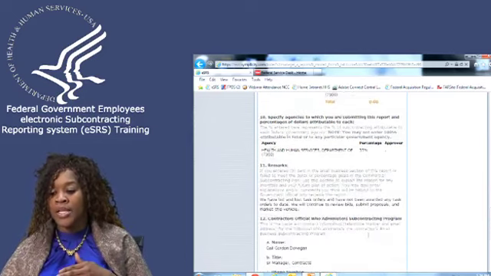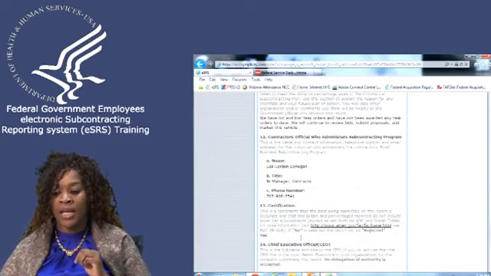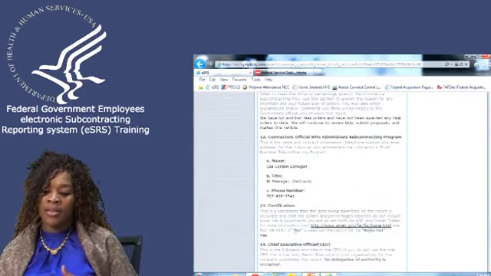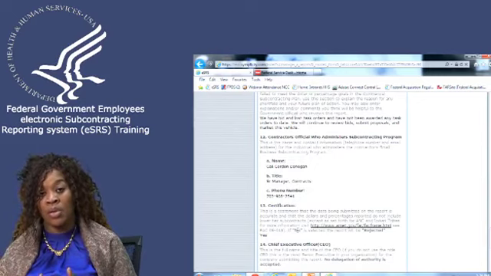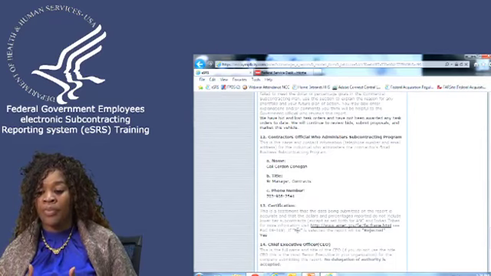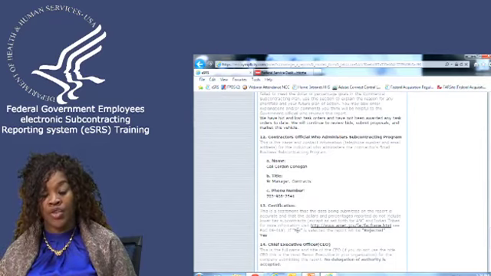Okay. In addition, what we would do is just make sure that they've certified their data. We also tell them that this certification of the data is a testament that they're submitting the report accurately, and it only includes dollars and percentage of their contracts and not their lower tier subcontracts.